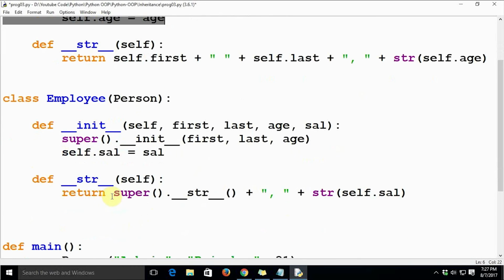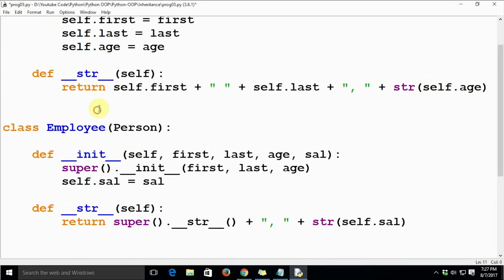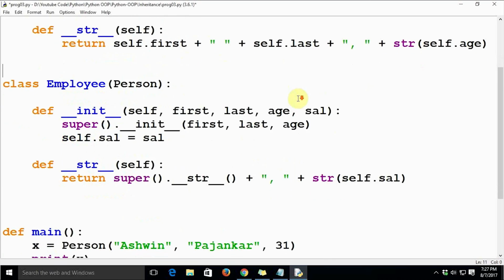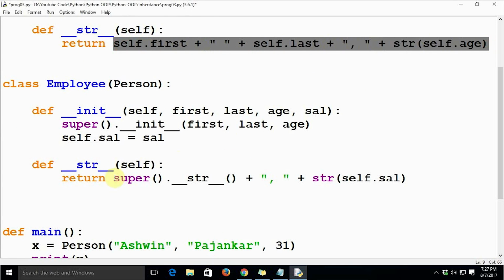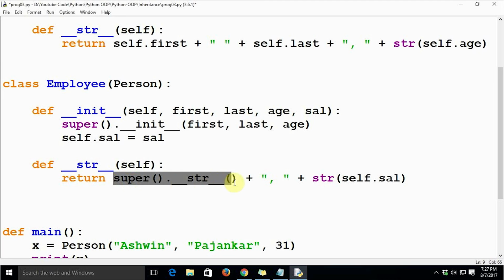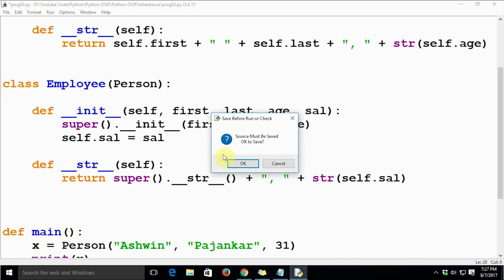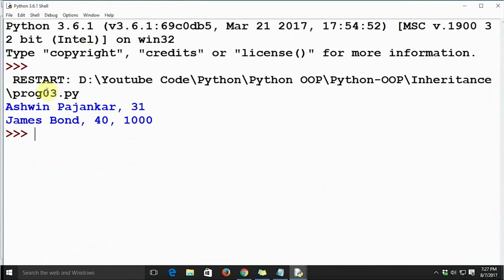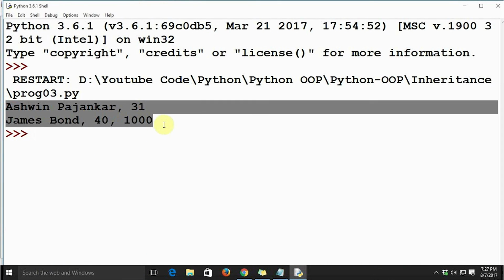Whenever we say super dot str, it is essentially going to call this method, which returns the first name, last name, and the age converted to a string, the concatenation of all these terms. This will replace this during the execution. So let's execute this module. Let's save it.